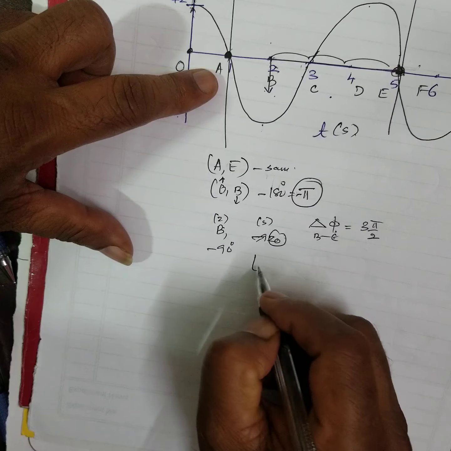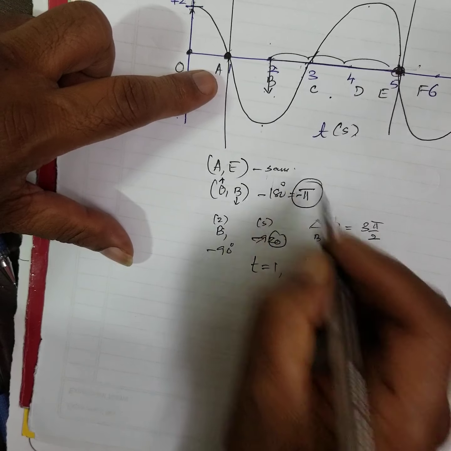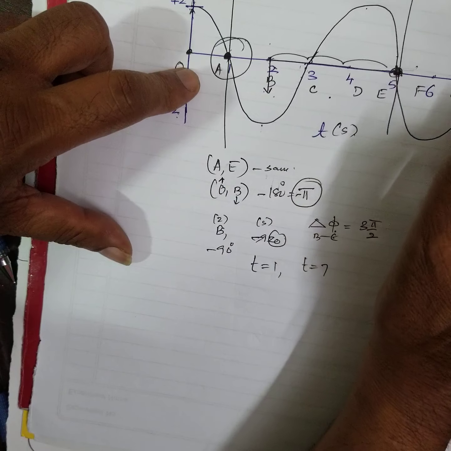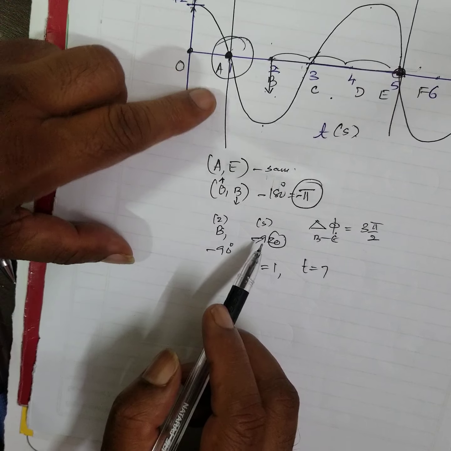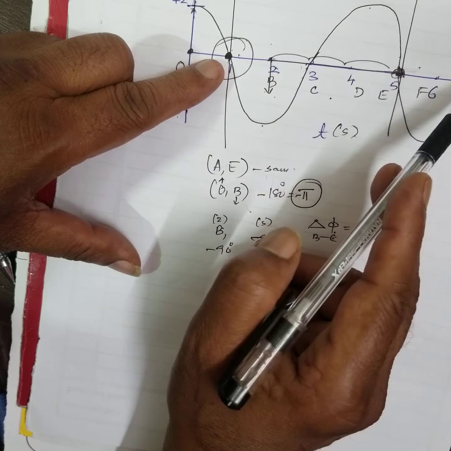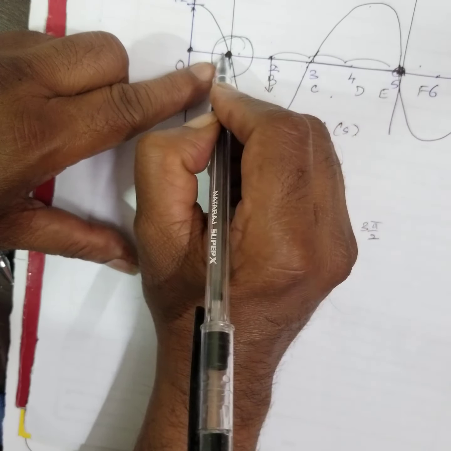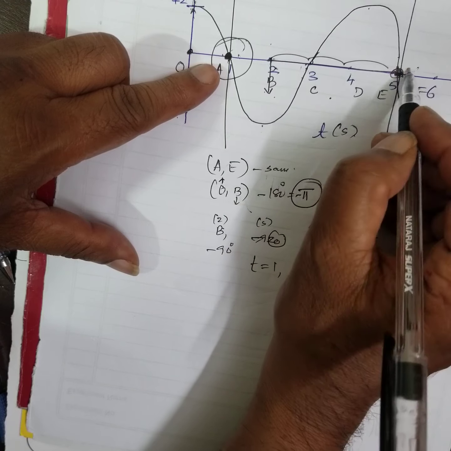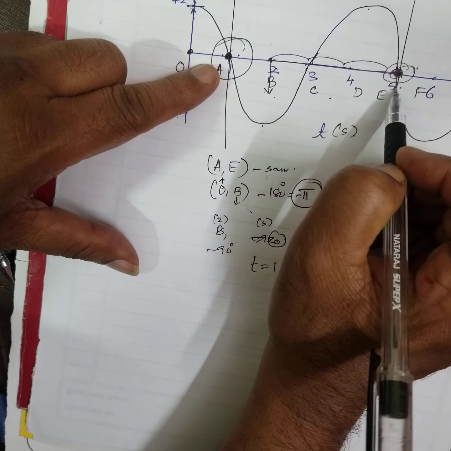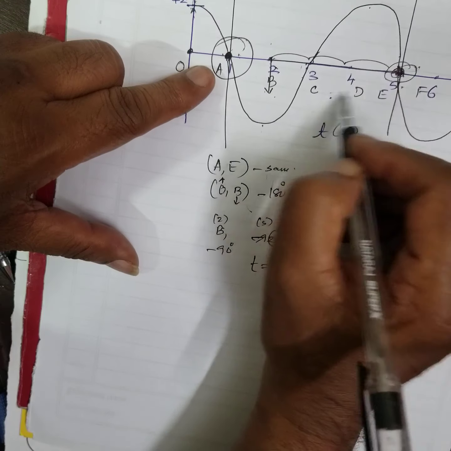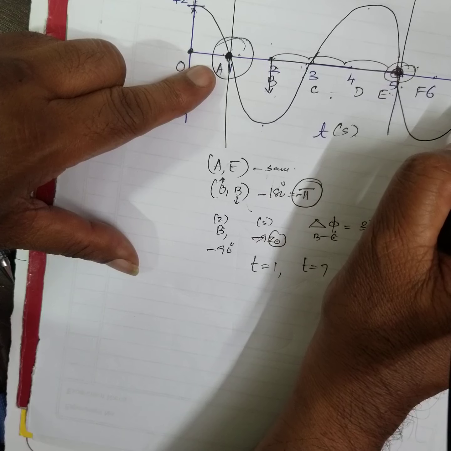Now, what is the phase difference between T1 equal to 1 second and T equal to 7 seconds? How is that phase? That you have to find out. That means point A and point C. See, this one and this one are in the same phase. Point E, right? This down direction, this is also downwards. This is the 5th second. Now the 7th second is different.